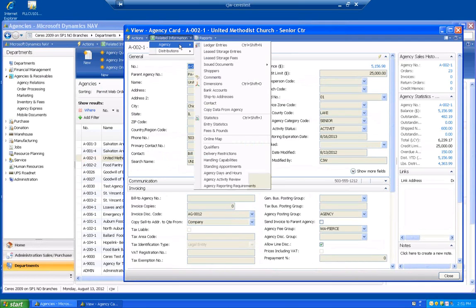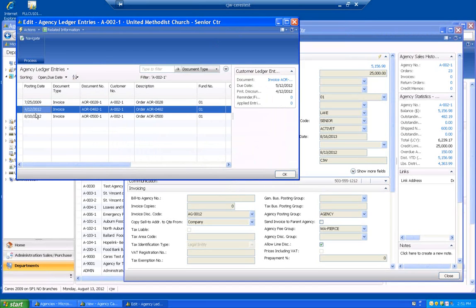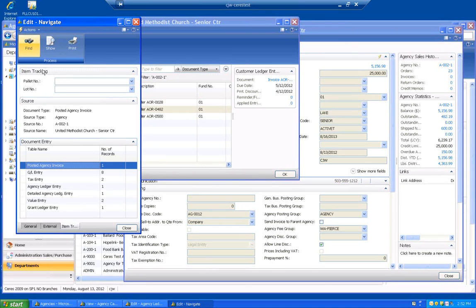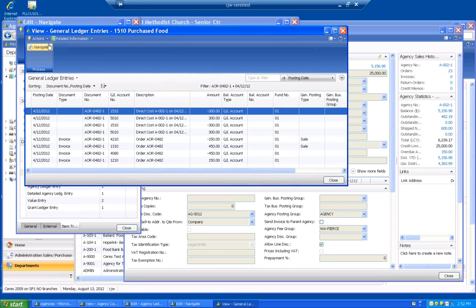If I want to look at ledger entries for this agency, and I want to see what GL accounts were hit during this, let's say, invoice transaction, I can highlight the invoice line, choose Navigate, select GL entry, and Show, and it will show me all the GL account transactions that occurred during the posting of this invoice. So for example, it shows us 4 lines for direct cost,